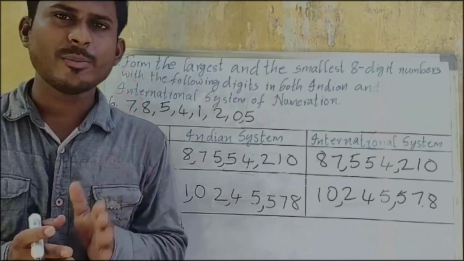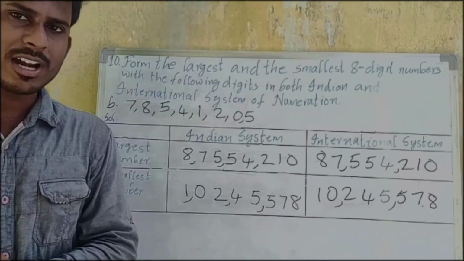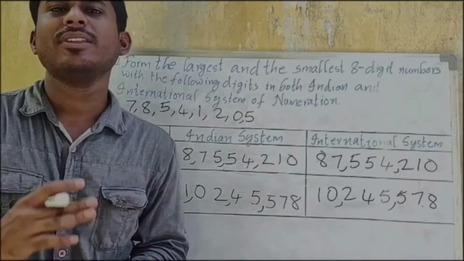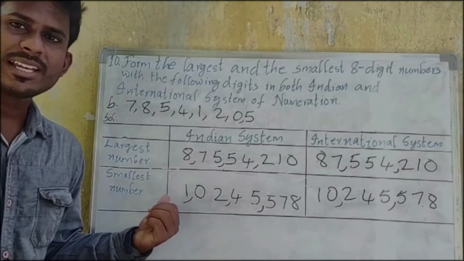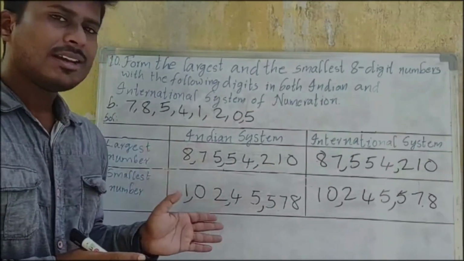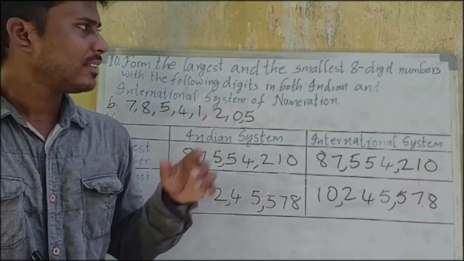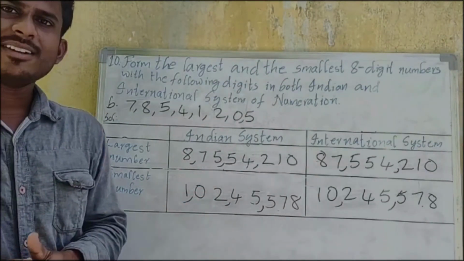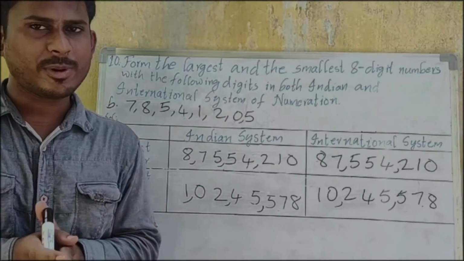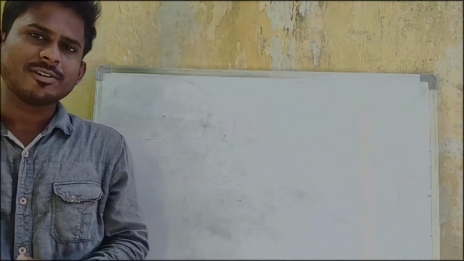Importantly, remember that when 0 is given, while forming the smallest number, insert 0 in the second place. If we keep 0 in the first place, there will be no value and 1 digit will be lost. The question is 8 digits, and if we do it that way, it will become 7 digits. Okay, remember this. So we completed practice time 1.1.